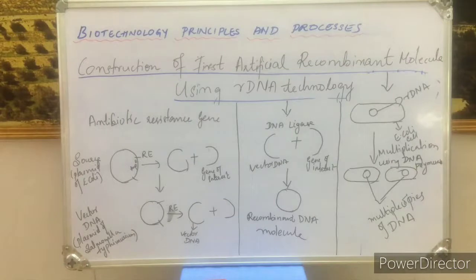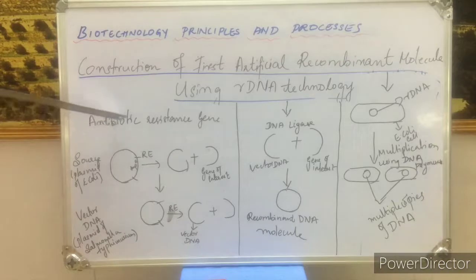Here we have a schematic diagram. In this you are going to see how we perform gene cloning and create multiple copies of DNA. So the first step is identification and isolation of the gene of interest. The experiment says that the scientists have linked the antibiotic resistance gene with a native plasmid of Salmonella typhimurium.